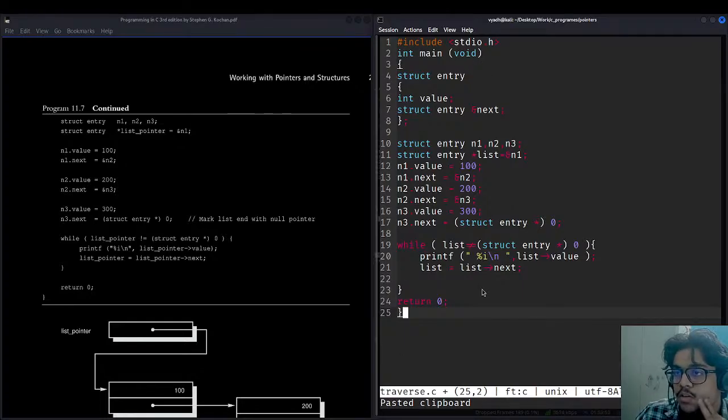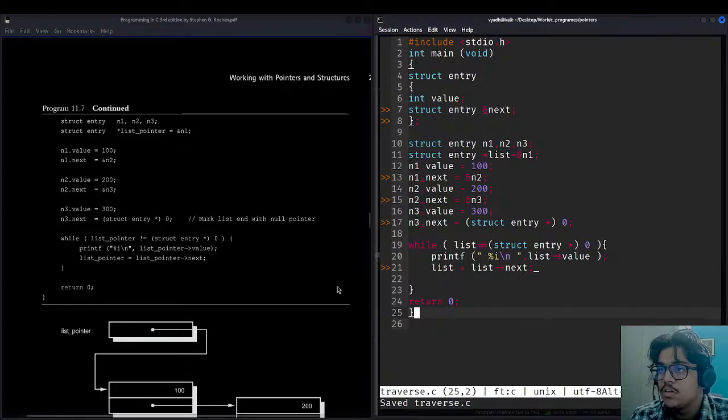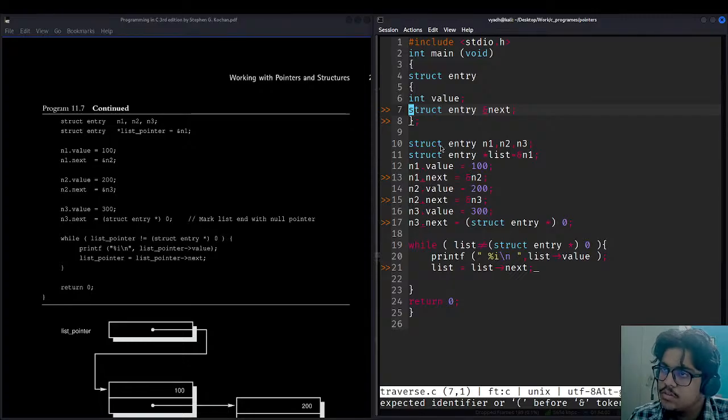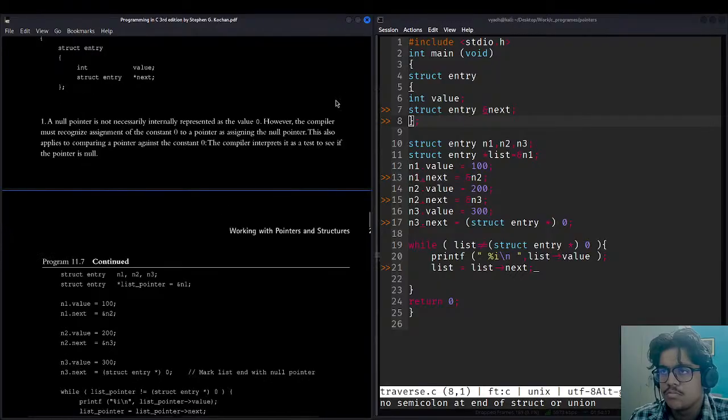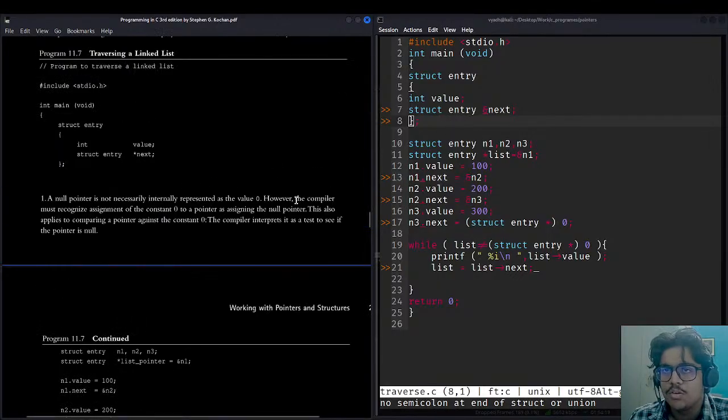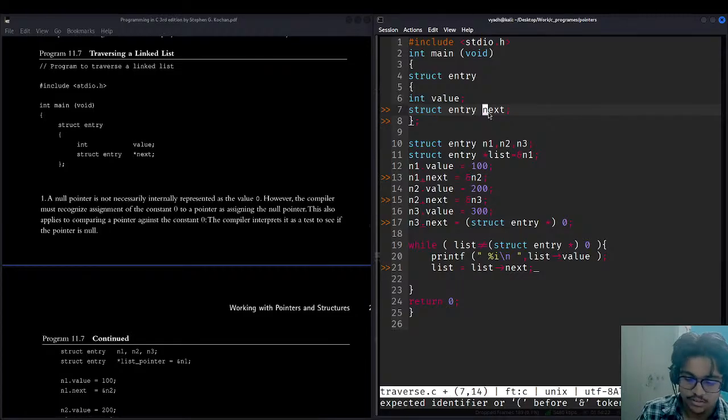Start the program, end the program, control S. Many errors. Before token. No semicolon. I have put the semicolon, but okay. It's a pointer.